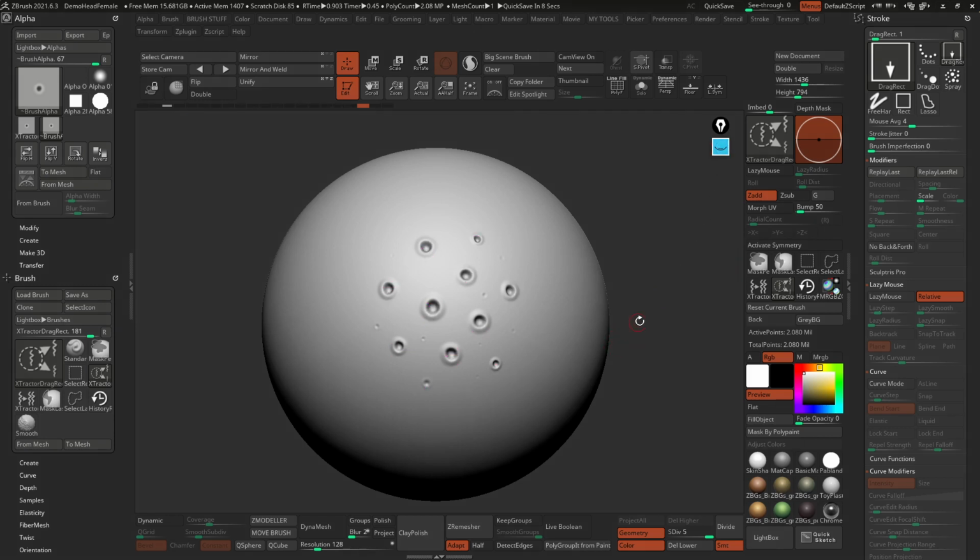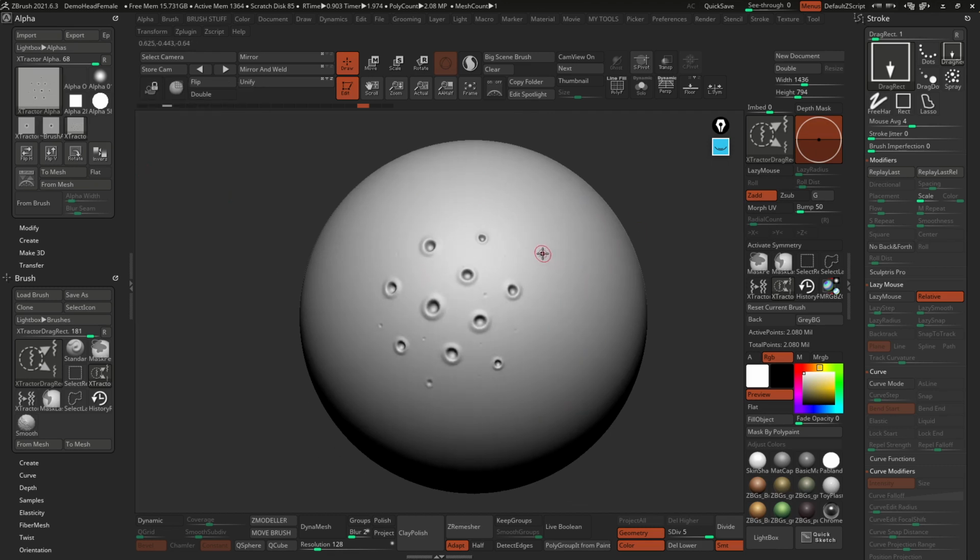So in a way, all we have to do, to recap, is create that single dot, then use the extractor brushes to create that alpha. And now that we have that initial state still recorded there, we can go ahead and do the same process. So we go to the alpha, click on from brush, and click and drag, and this time I'm going to grab all of those dots, and we just need to wait until ZBrush computes that. And now we have an alpha that has all of those points. So when I click and drag, I have a more complex alpha, right?